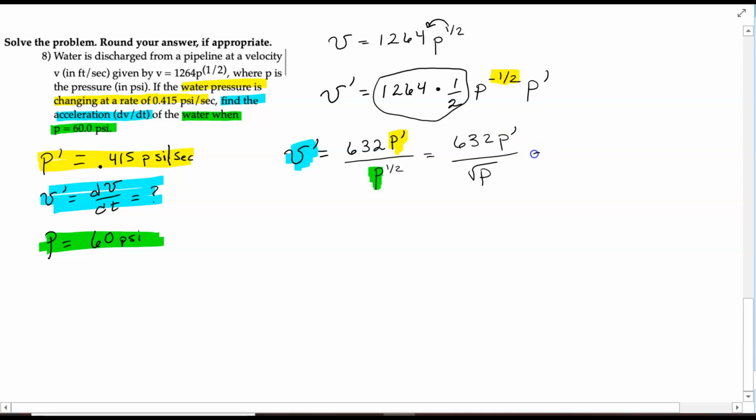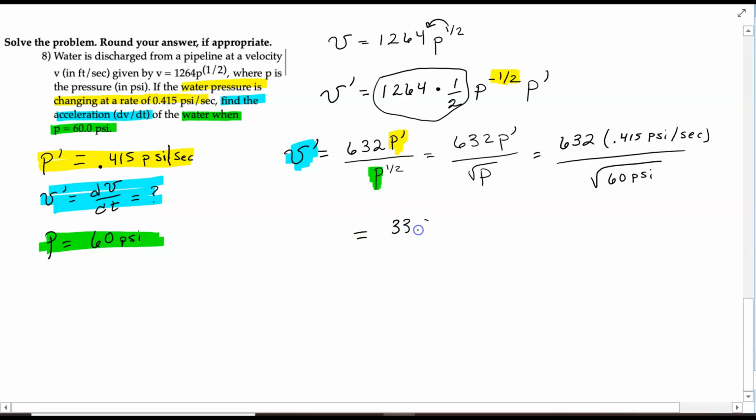So I'm going to say 632 times the rate of change, which is 0.415 psi per second, all divided by the square root of this 60 psi. When I plug it in the calculator,